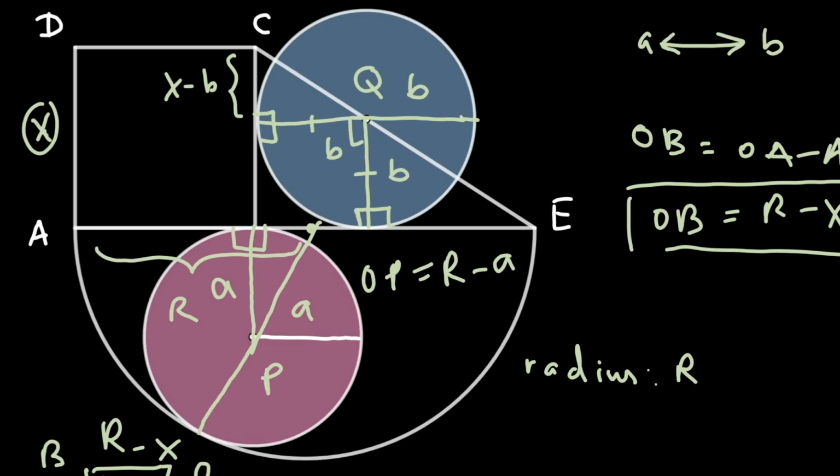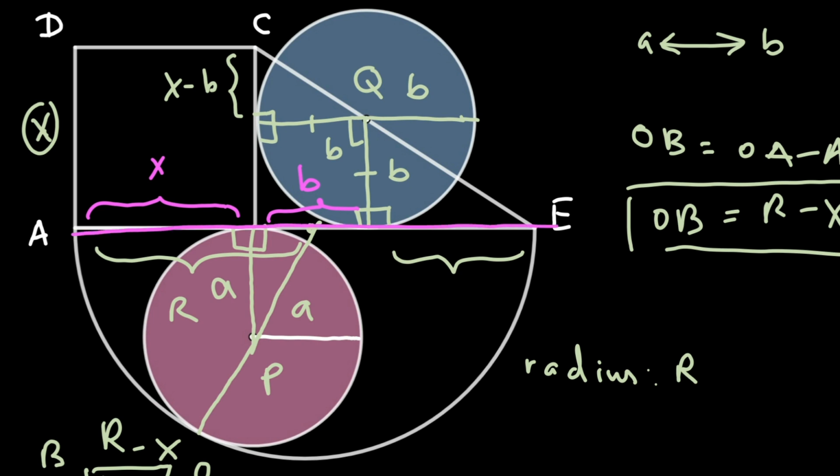Okay, now we will try to find the other length, that is the distance of this thing. Now look carefully, the distance from here to here is the side length of the square, hence it would have a value x. The distance from here to here is the side length of this square, hence it would have a value b. And the next distance is that distance that we need to find. Now the complete distance from A to E is the diameter of the semicircle, hence it would have a value 2 times r. From this complete distance, if I simply subtract these two distances, what I get is the required distance. So 2 times r minus x minus b is this particular distance.